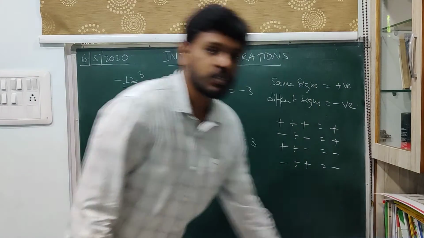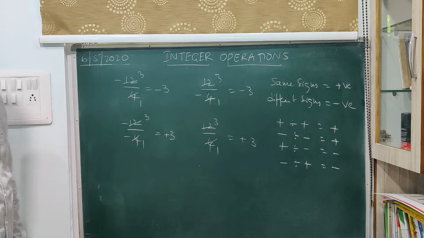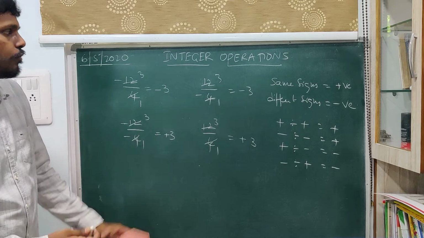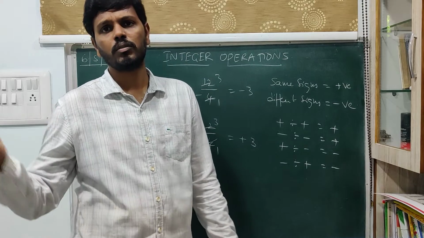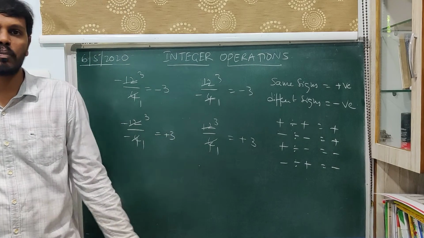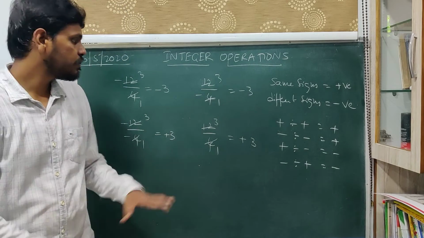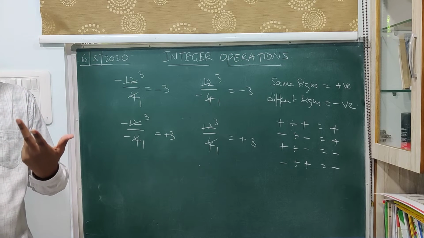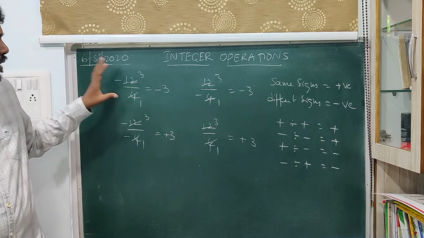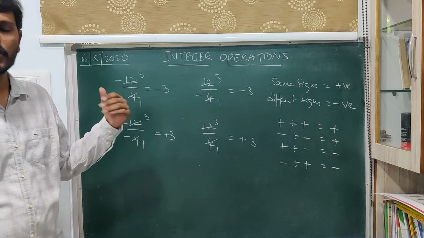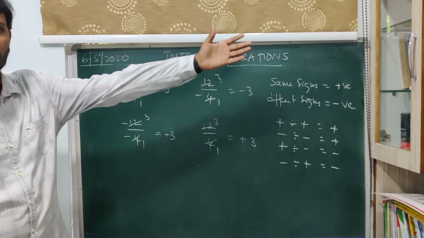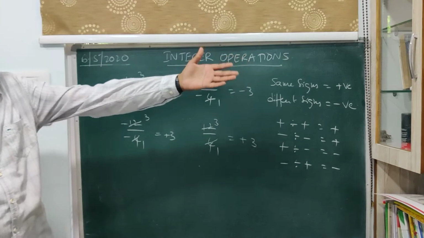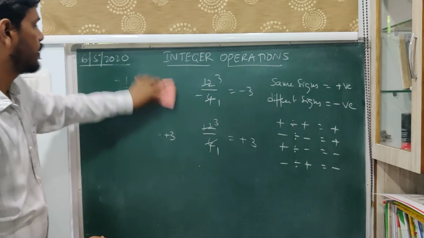Now we go with multiplication. Multiplication also follows the same rule. However, the only difference is that when we are multiplying, we can multiply many numbers: 2 into 3 into 4 into 5 and so on. Whereas with division, we only divide two at a time. Therefore, we fix these rules for only two numbers, whereas we extend the same rules for as many numbers as we please to take in that particular case.